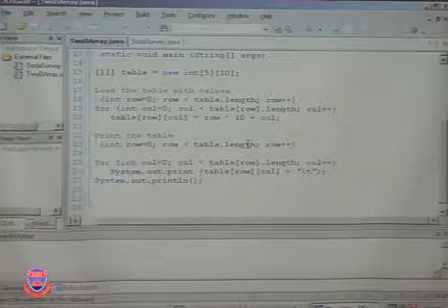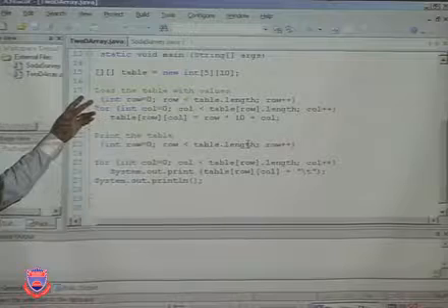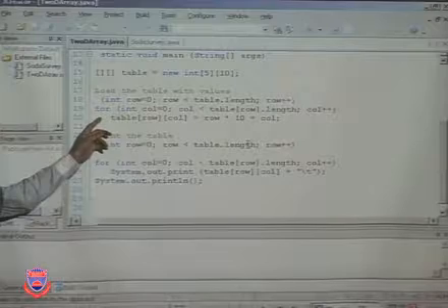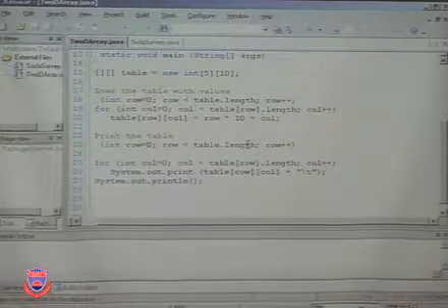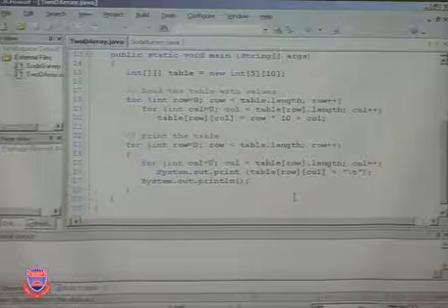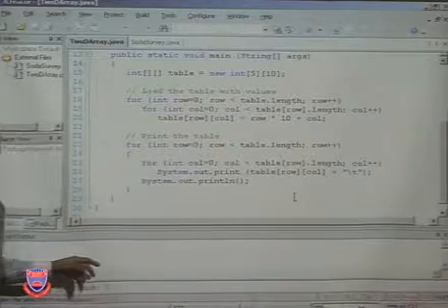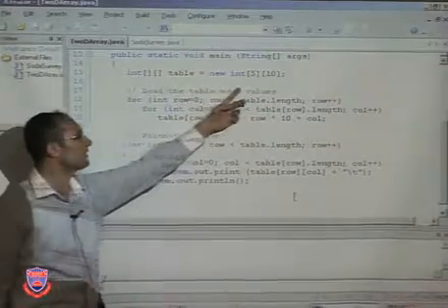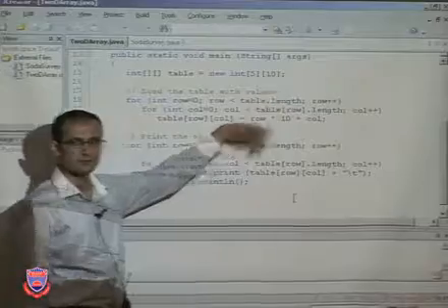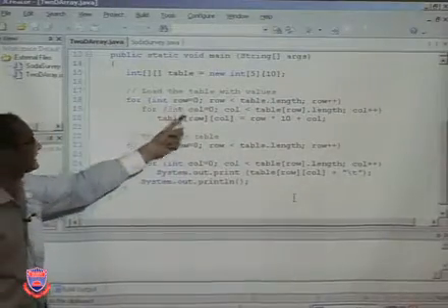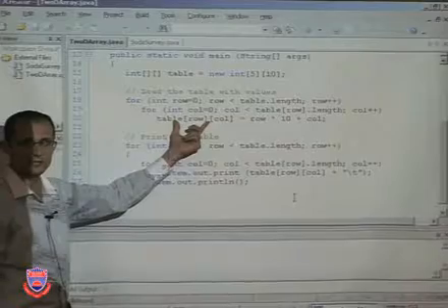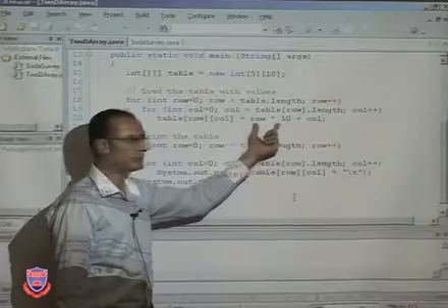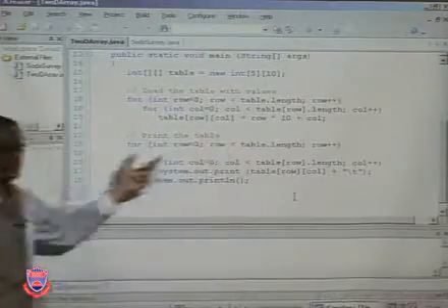So in the 2D array example, what we have seen was two nested loops, two for loops nested in one another. If you remember, we were loading values into the array elements of a two-dimensional int array, with 5 elements on the row and 10 elements on the column. For each row and column we were assigning the corresponding entry of the array the value row multiplied by 10 plus the column, which gives you, for